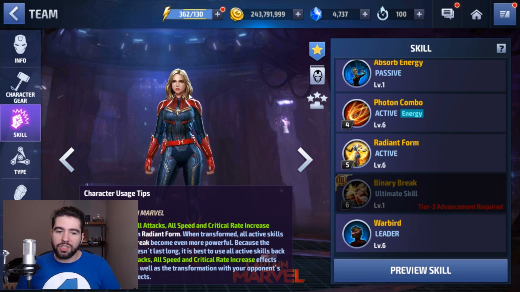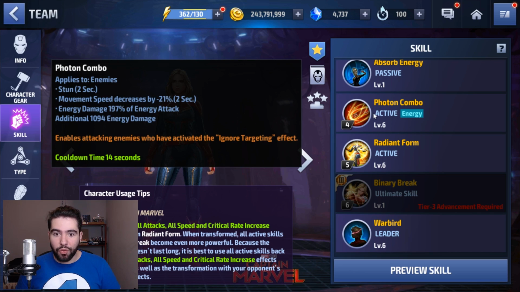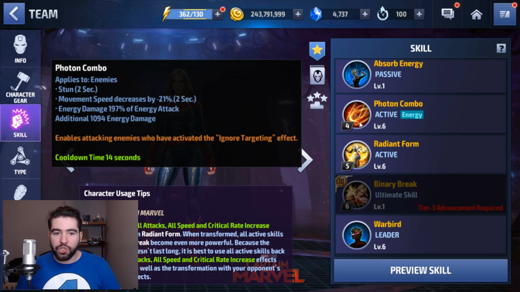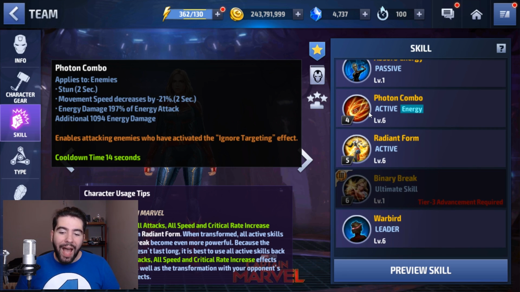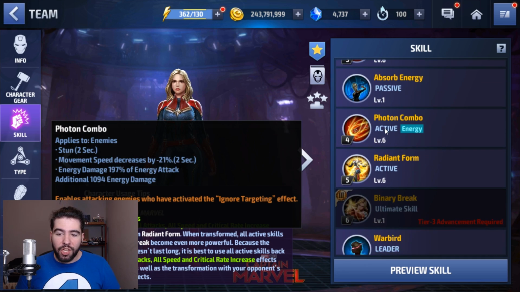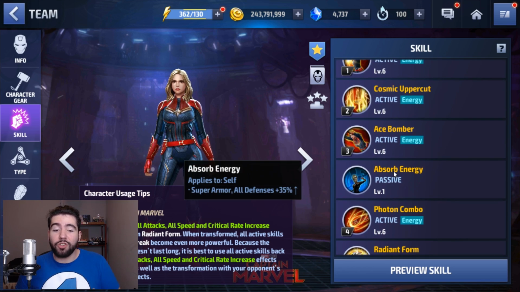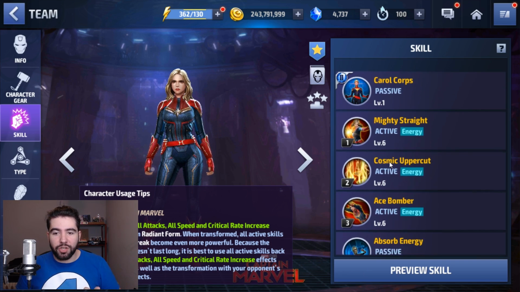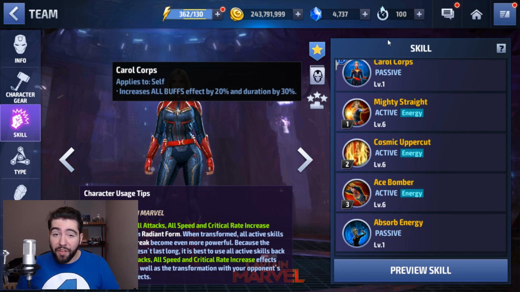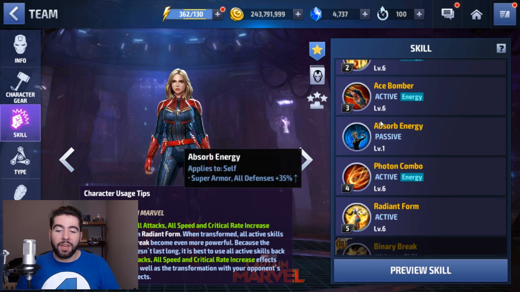So it's really scary to consider Captain Marvel fully maxed out, tier 3, popping her 4th skill off and one-shotting characters who literally cannot hide from her, especially if she has penetration on top of that ignore iframe. The other big change that she did see is that absorb energy, the passive, completely changed. So this is a much more PvE focused passive, super armor, all defense. That all defense goes up to 42% with her tier 2 passive, which increases the buff's effect, so keep that in mind. And she lost the absorption, so she doesn't get a damage